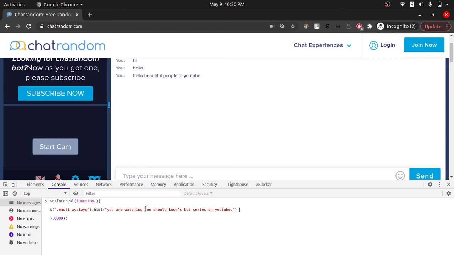And then make sure that you press shift and enter. If you're going to press enter, then it will execute this piece of code. So we have to make sure that we are pressing shift and enter to come on the next line.